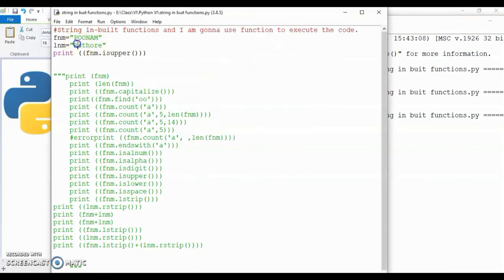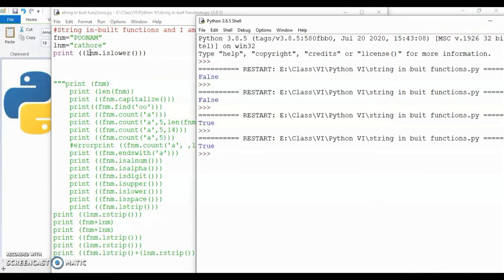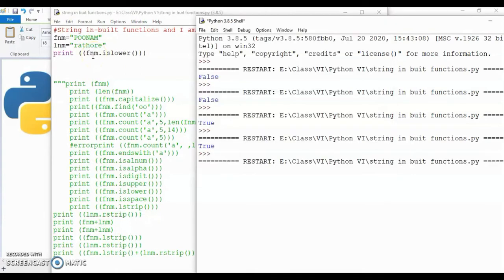Now if all the characters are in small, then I will get true in case I am going to check for the lower case. Then islower, and I have stored everything in alnum, then again I will get true. But if I take first name, I will get false. I think this is clear to you, how to check for upper case and lower case.